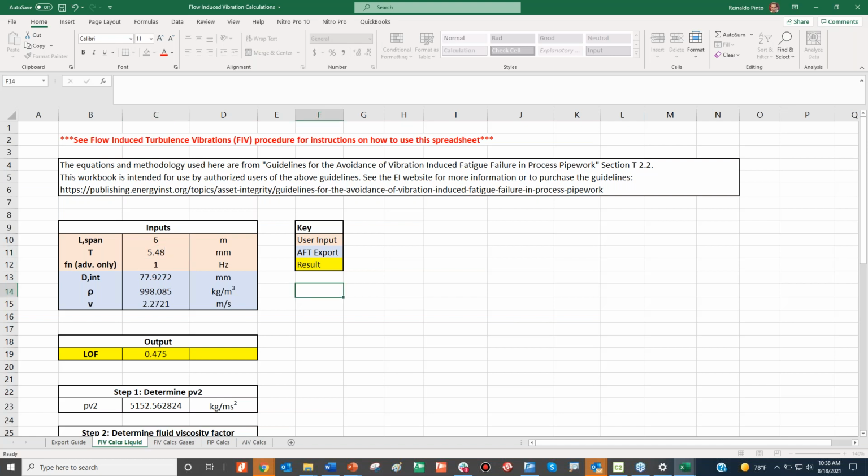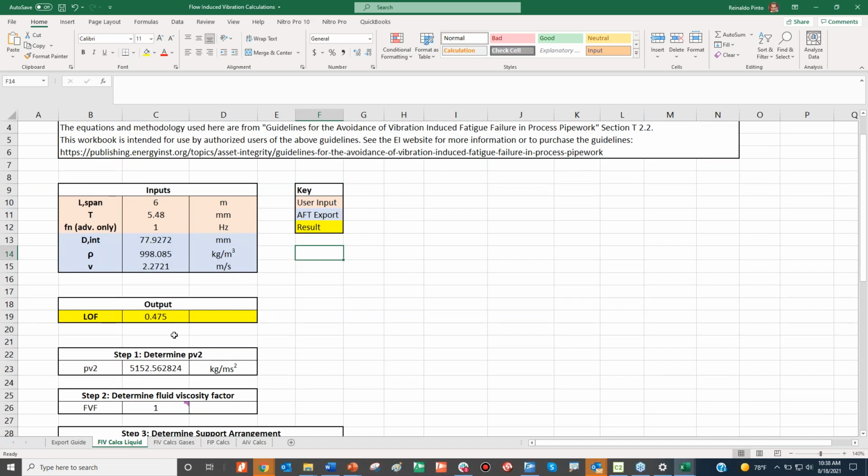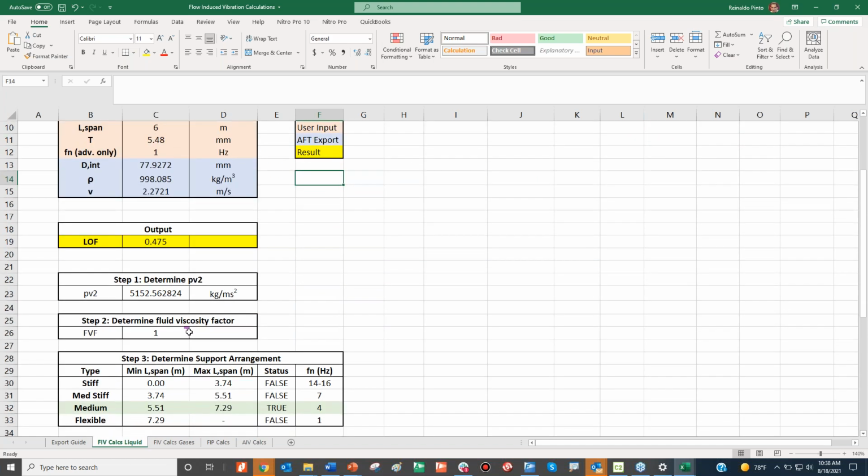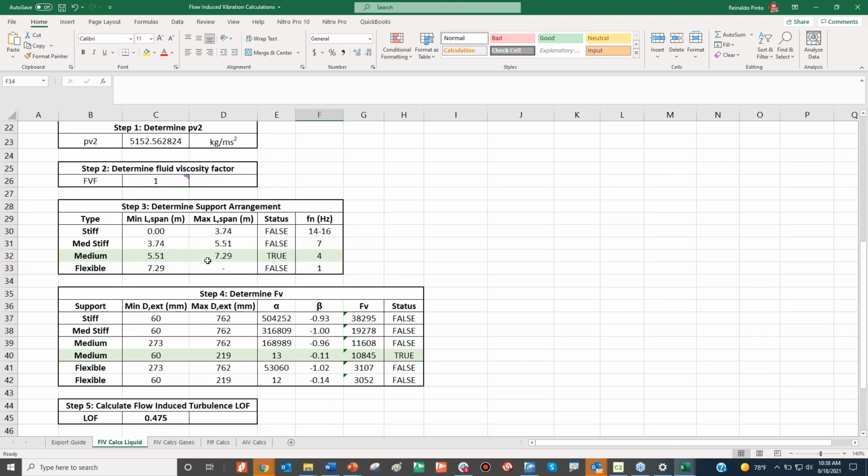With that, it will calculate the likelihood of failure index, the LOF, which according to the Energy Institute guidelines is 0.475. So what did the spreadsheet do? It shows it to you.